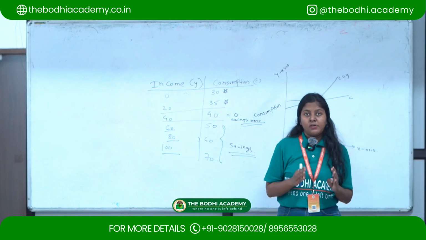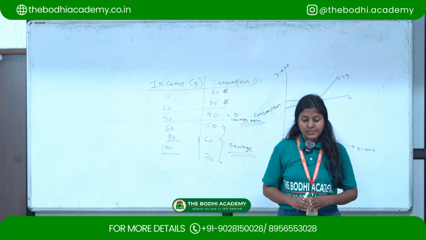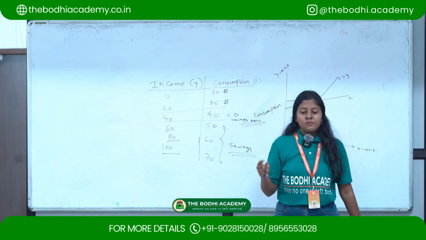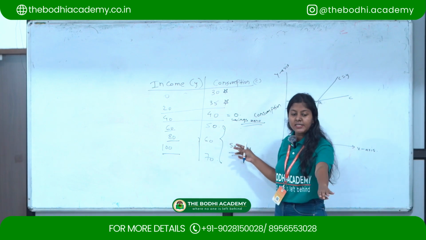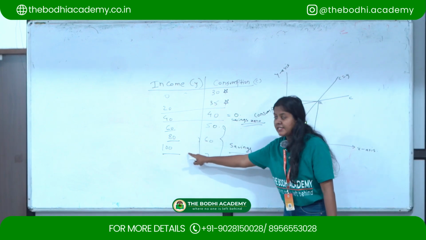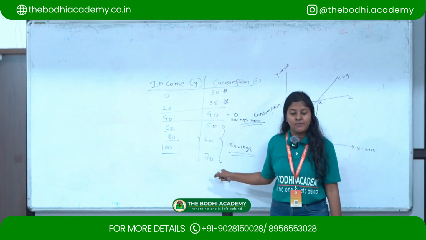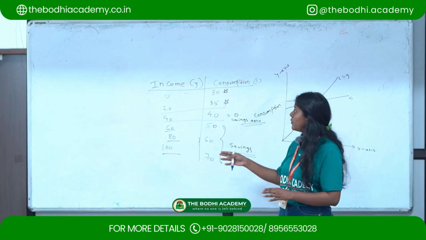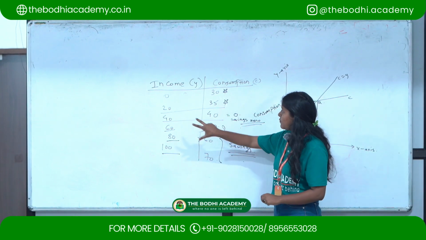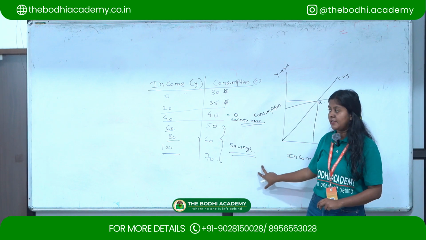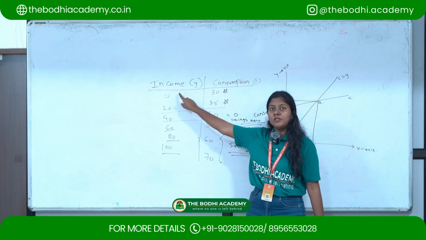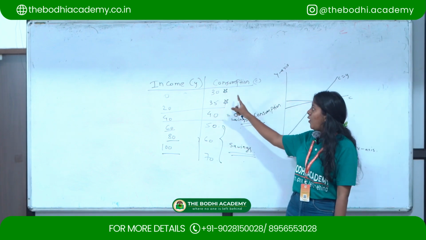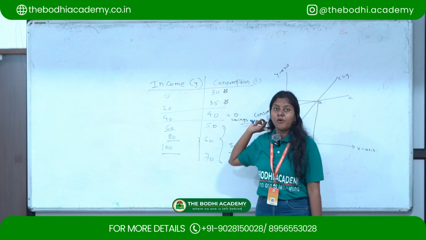However, there is a minimum level of consumption irrespective of the level of income. After a certain level, as income increases, people have started to save. The behavior of consumption with respect to income is known as the consumption function. So this is the market behavior of the people. Even though their income was zero, they were still consuming, either borrowing from somewhere or using past savings.